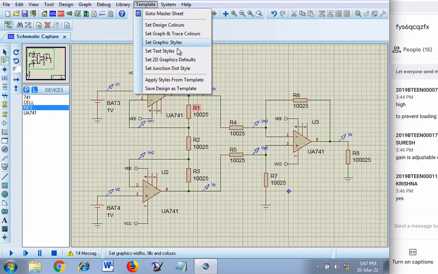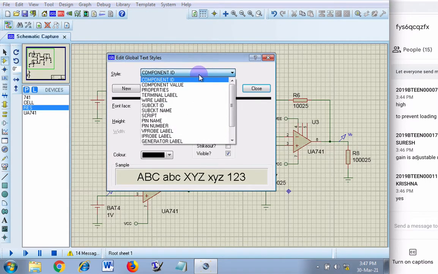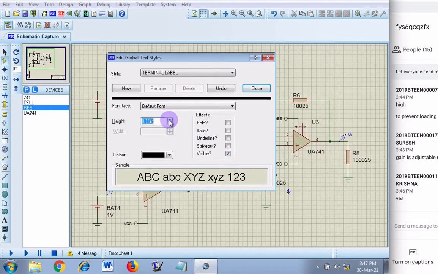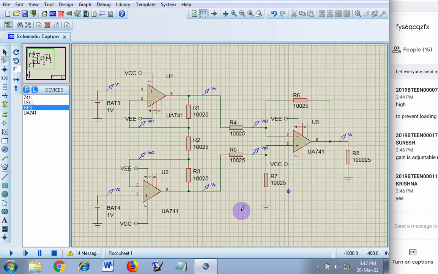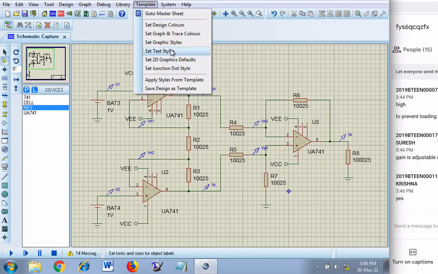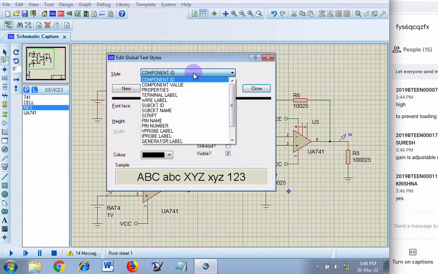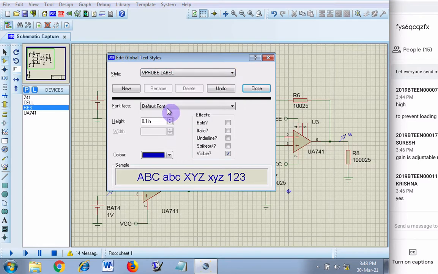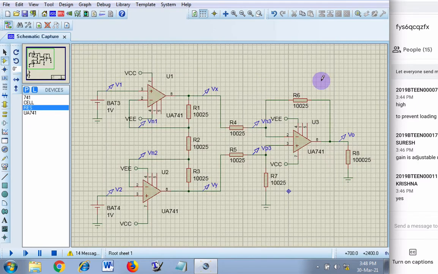Then component ID, component value is adjusted. Then terminal label, I'll increase its size. Yes, now VCC, VEE are visible properly. And let me check the probes if they are adjustable. Yes, voltage probe label. Now the voltage probes are visible properly.